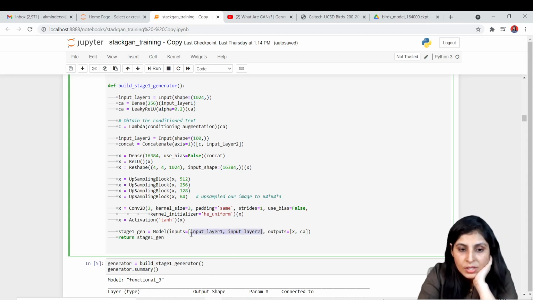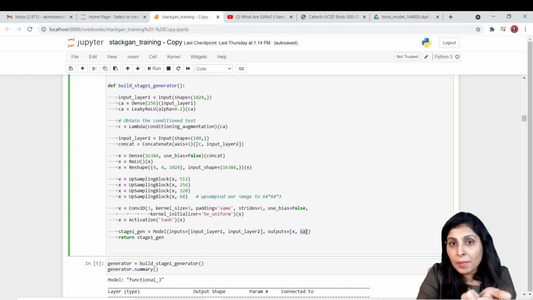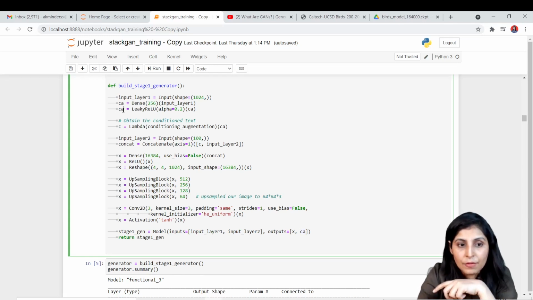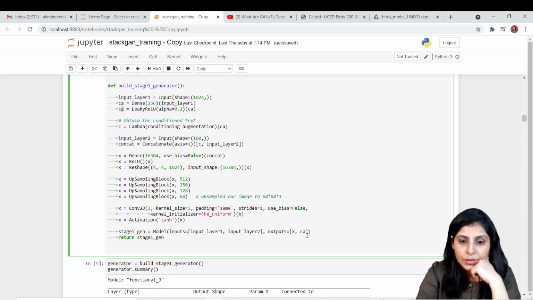Once you provide this input to your network, the generator will give you a generated image from here, right? And this CA simply means the text embedding, this text embedding from here. So this will be the output of the generator.